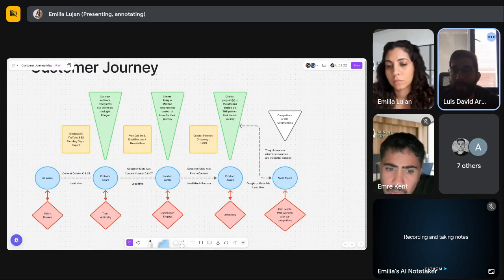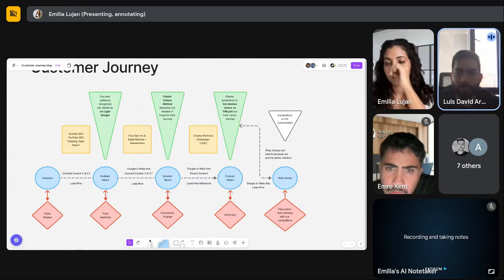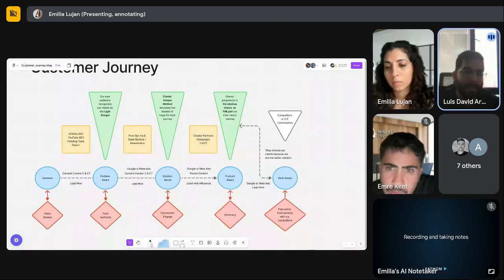Like maybe we are targeting people between 40 or 50 and 60 years old, that they are managers or CEOs, and they have money to invest in something, or maybe people that work in the wellness industry and they are interested in supplements. So we can create a video campaign for the first step, the first journey, which is problem aware.